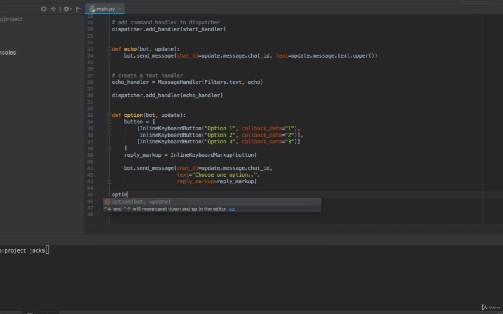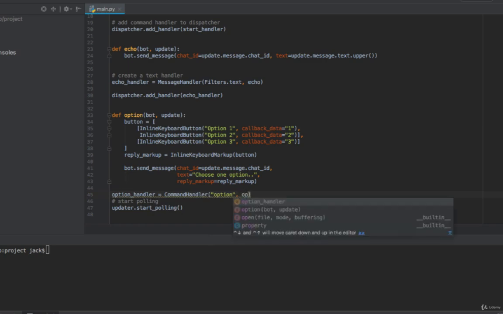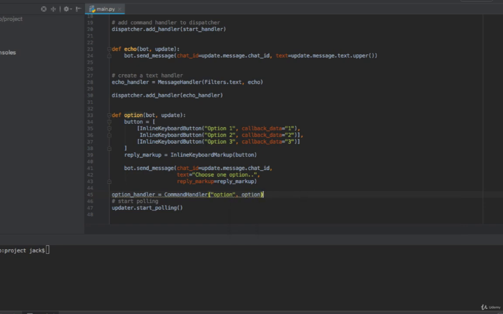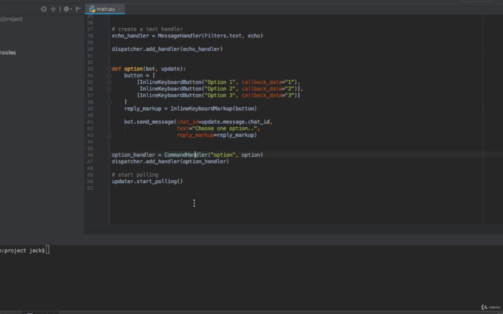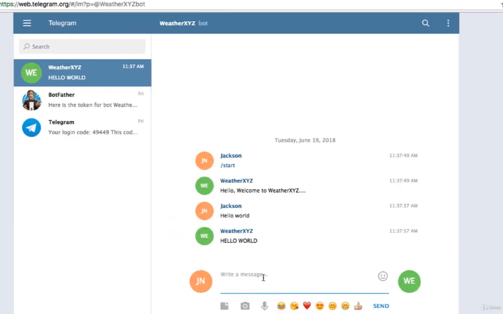All we have to do now is to create a command handler. I'll call this option handler, and to be a command handler, option, and the callback function will be option. Finally is to register this to the dispatcher, add handler, option handler. So let's run this. Python main, and I'll type in the command option,